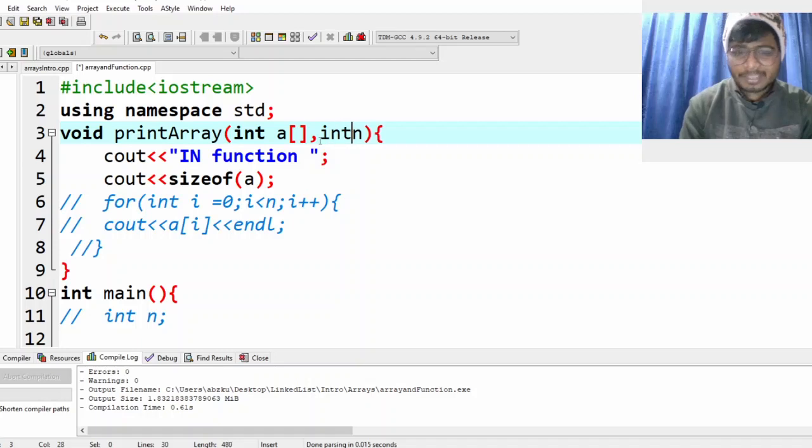And this should be int n, because obviously it's an integer array, so similarly the integer value of n. Okay, so now you can find the value of n, and you can actually print it using a function. And also one more thing,